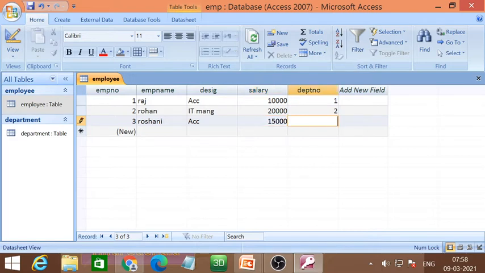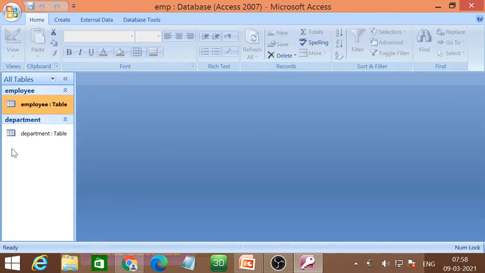Tell me students, see, both employees are from the same department or same designation, so it will follow in the same department number also because both are accountants, right? So the department number of both will be number 1. I am just inserting 3 records. You can add 5 records, students. Click on this small cross.